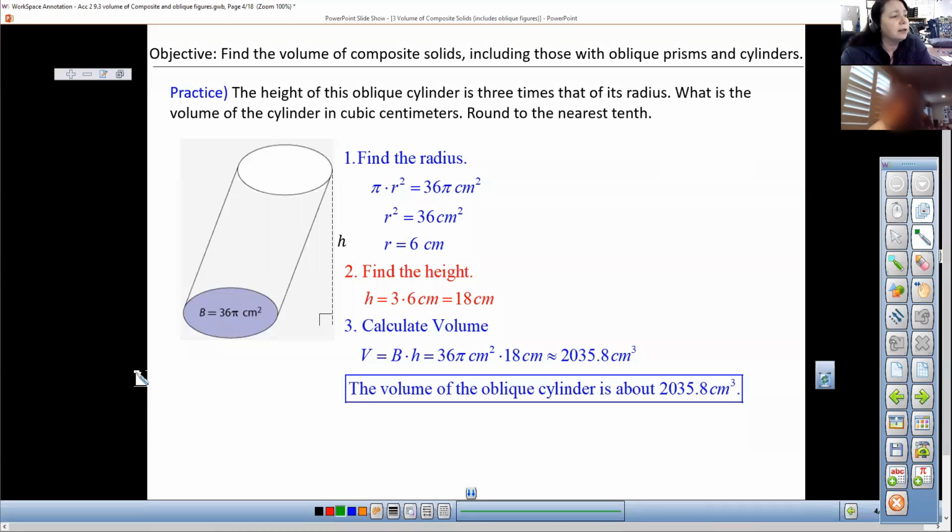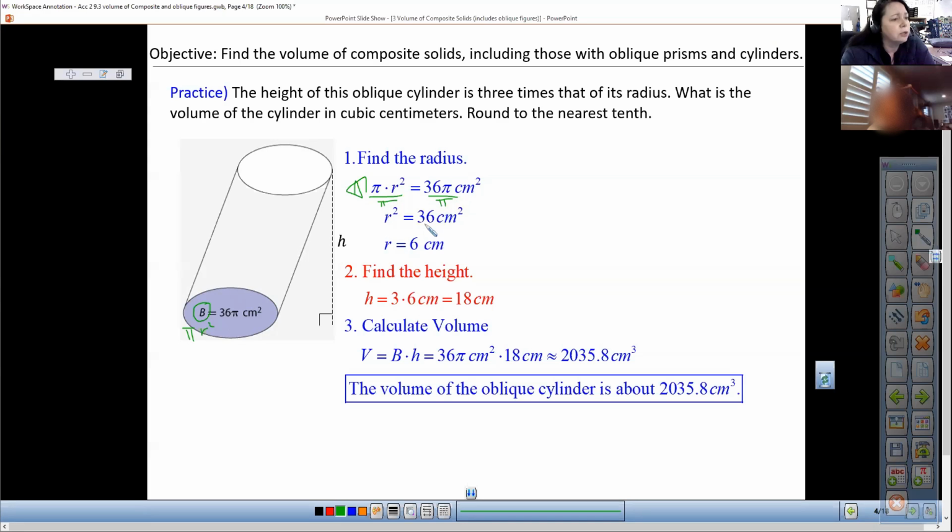All right, so in this practice problem, the first thing we have to do is find the radius, because we need the height for volume, and the height is 3 times the radius. We need that R value, that radius. So we start with the fact that our base area, capital B, is for a circle, and we calculate the area of a circle with pi r squared. So that's what this is saying right here. And then we divide both sides by pi,